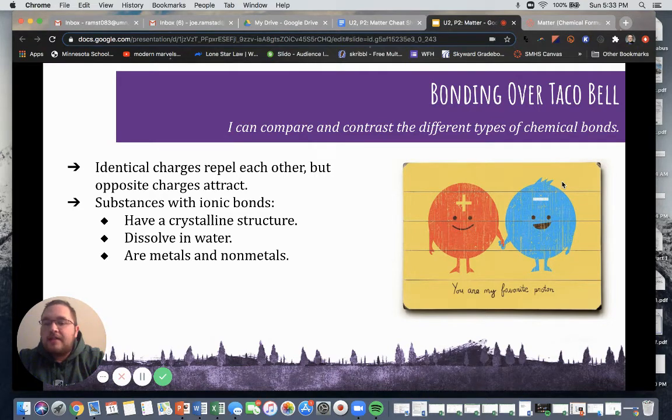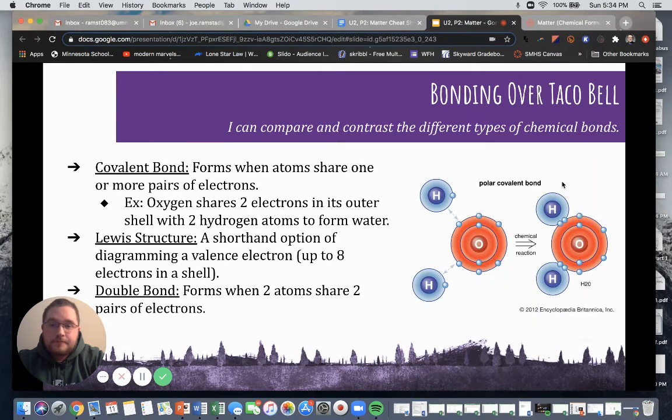Substances with ionic bonds tend to have a crystalline structure, kind of like salt. Salt is a crystalline structure. That's the example we just looked at with NaCl. They dissolve in water and are generally considered to be metals or nonmetals, not metalloids. So that's a little bit about ionic bonds. Ionic, again, means transfer. Covalent, on the other hand, is when electrons are shared to form one or more pairs